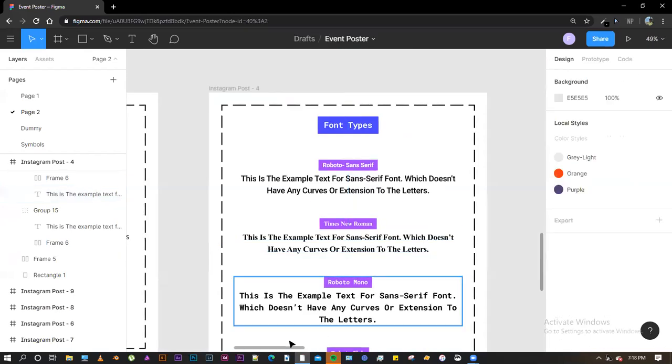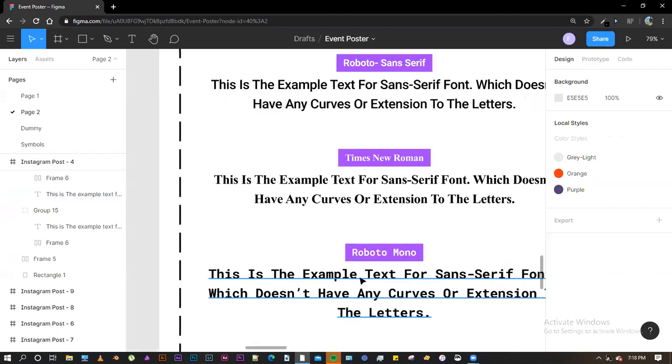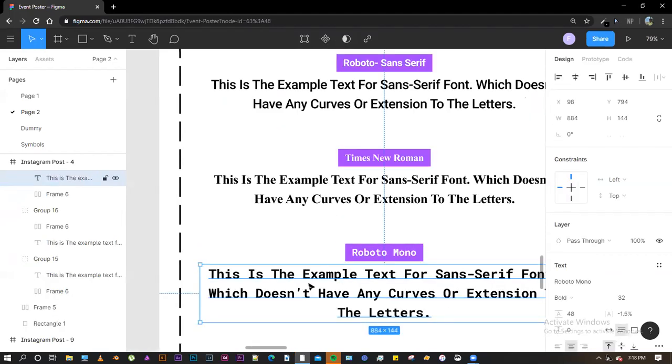All right. Moving on to the next font, the Roboto Mono fonts. One of the special properties of mono fonts is that they are used heavily in coding or technical or software-based products. The spacing between the letters is different from the two types of fonts that we have seen before.